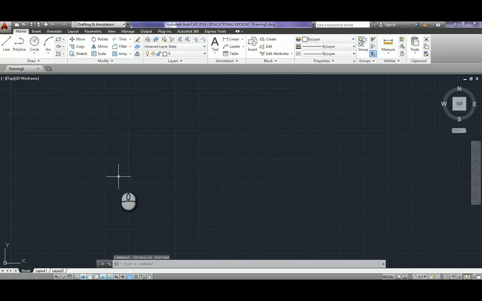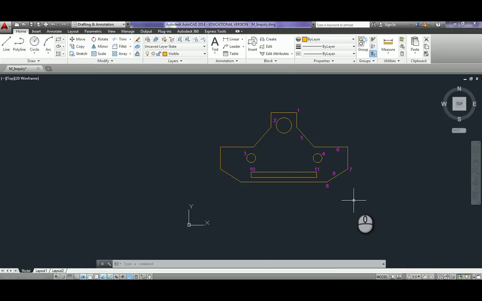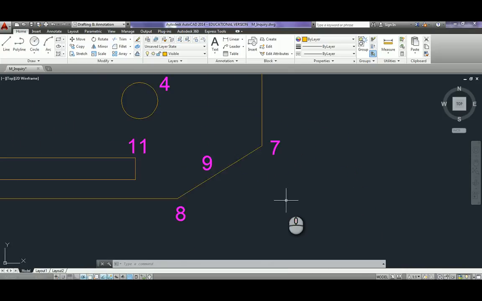This is AutoCAD Lesson 7 of Chapter 4. We're going to begin by finding a file called minquery, distance between 7 and 8. And this entire lesson is about finding dimensions and measurements of lines and objects without necessarily putting the dimensions directly